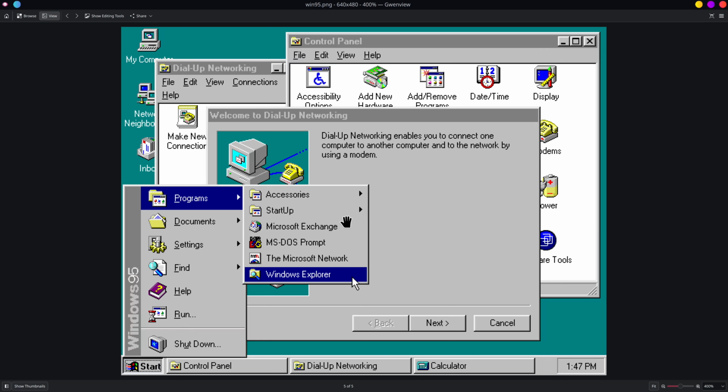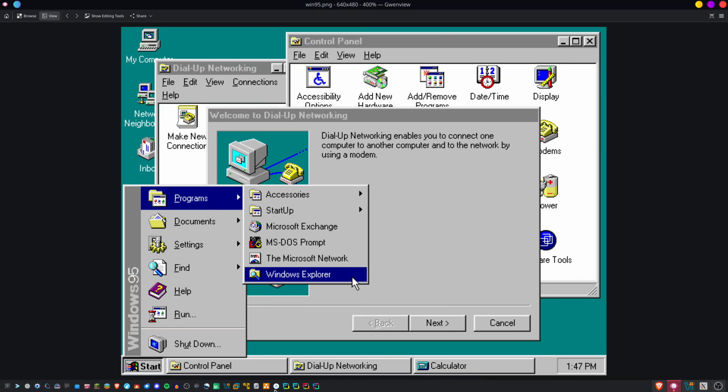And I think it's this desktop paradigm, because you can see we actually have a desktop with icons that we can click. It's this desktop paradigm that really is Windows 95's biggest impact. Also, look at the windows that we're dealing with here. You can see we have the control panel open, and you'll see that minimize and maximize are here just like they were, but the close button is on the far right. You don't have to double click it. All you have to do is single click it. You also have a status bar in these windows, and you also have a little drag area where you can make the window bigger or smaller.